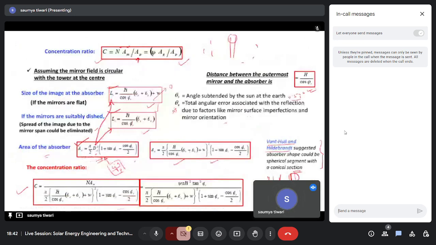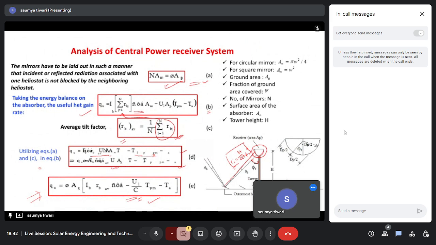Okay, now coming to this central power receiver system. In a central power receiver system, we have a solar tower, right? This is the tower at the top of which your receiver is placed, and here we have a mirror reflector, the heliostat. Whatever radiation is falling on this mirror is reflected by this mirror, and then it gets concentrated onto this receiver. And if you do the analysis of the central power receiver system,